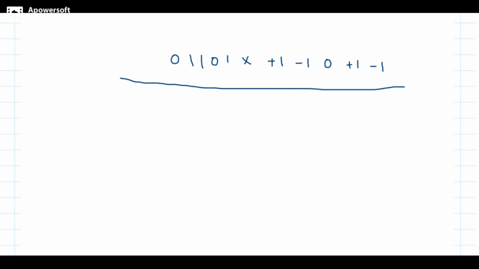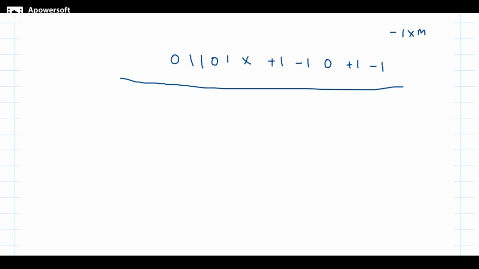We know the value of m as 0, 1, 1, 0, 1, into the bit recoded multiplier, which we computed as plus 1, minus 1, 0, plus 1 and minus 1. So now bitwise we have to compute the partial products. We know that minus 1 into m